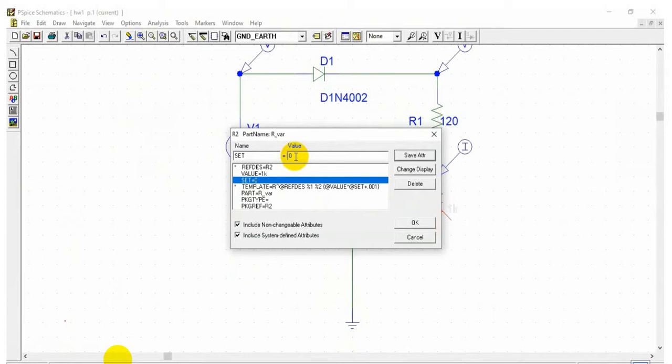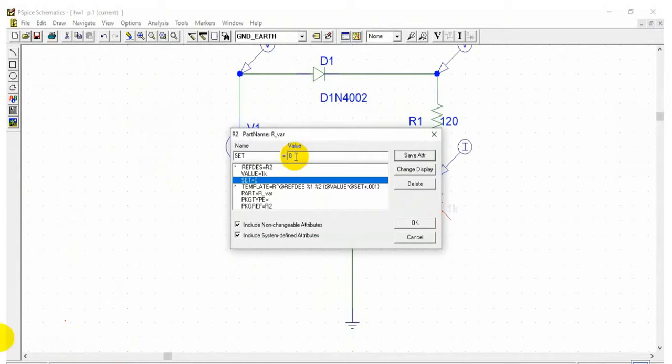The thing is, already we have 120 ohm resistance. So to increase the load to 500 ohm resistance, we need to add 380 ohm resistance. To add 380, I am setting the set ratio as 0.38. So 0.38 into my 1K, that is 1000, will give you the resistance value 380 ohm.